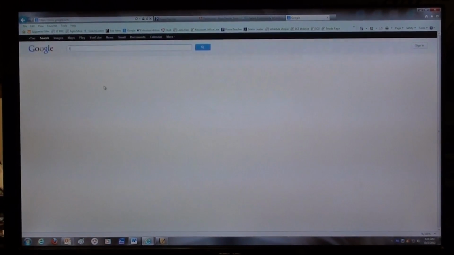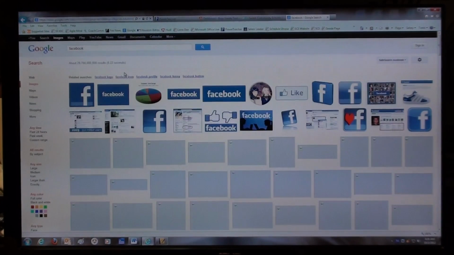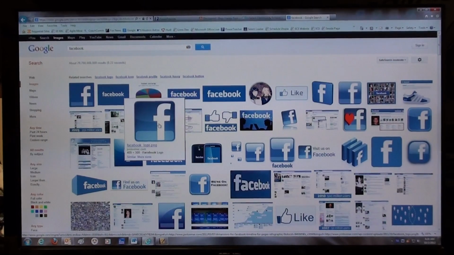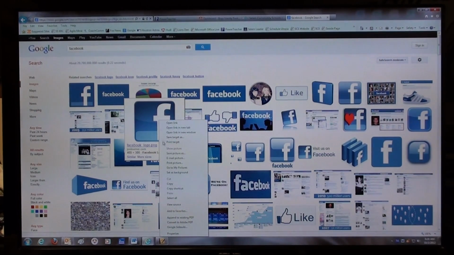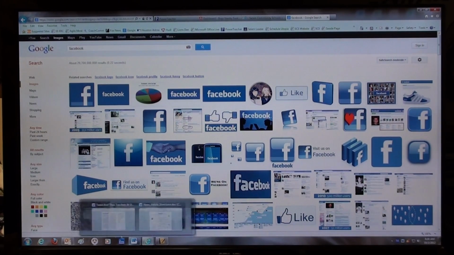What I'm going to do is type in Facebook. As you can see, it starts pairing. So I'm just going to go ahead and do Facebook, and I'm going to go images real fast, and I'm just going to grab one of these real fast, and I'm just going to go ahead and right click on it and copy it. Then I'm going to go back to my document,